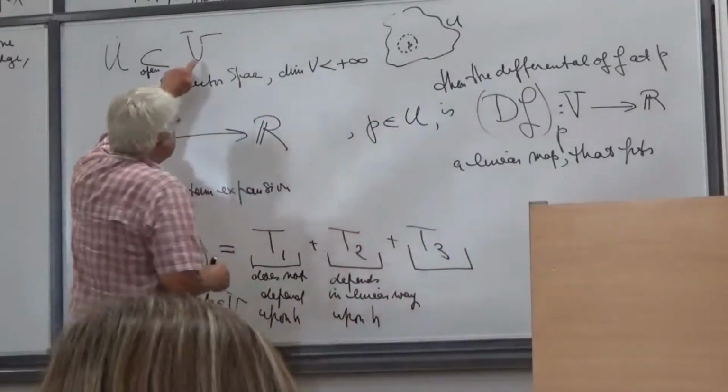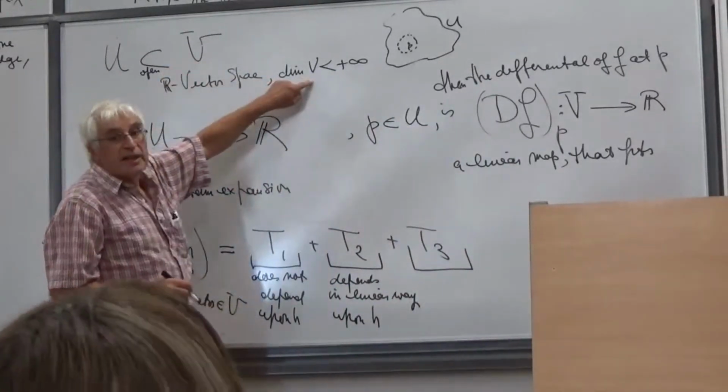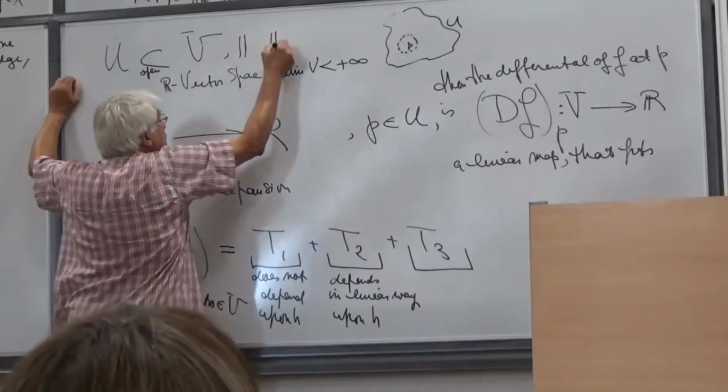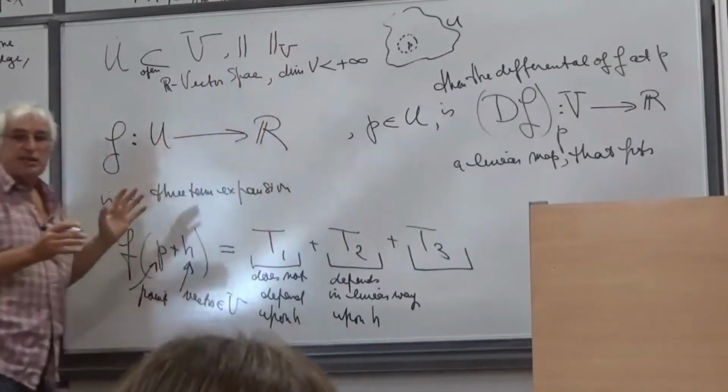So this was the vector space of finite dimension. So on this vector space I can take a norm. There are many possibilities, but